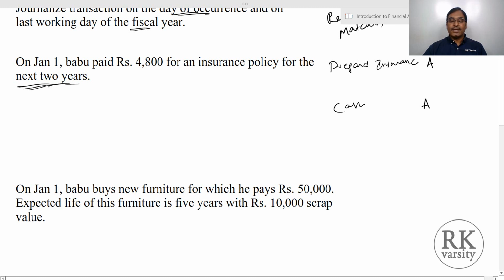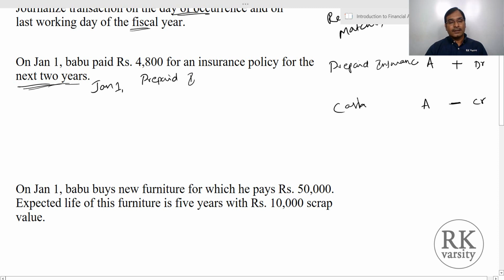So in prepaid insurance, there is an increase. Assuming that there was no insurance at all, now you have prepaid insurance worth 4,800. So there is an increase in your asset, and you made this purchase by paying cash, so there is a decrease in cash. Now, an increase in an asset is a debit and a decrease in an asset is a credit. So first, on January 1st, we journalize this transaction as